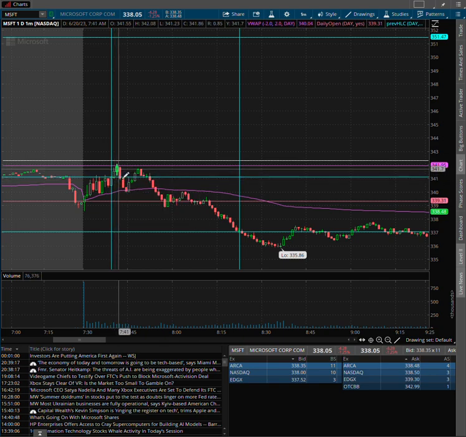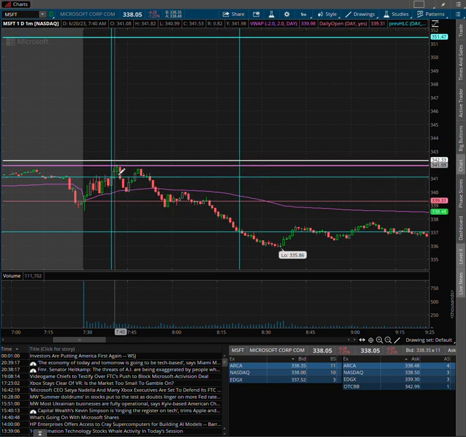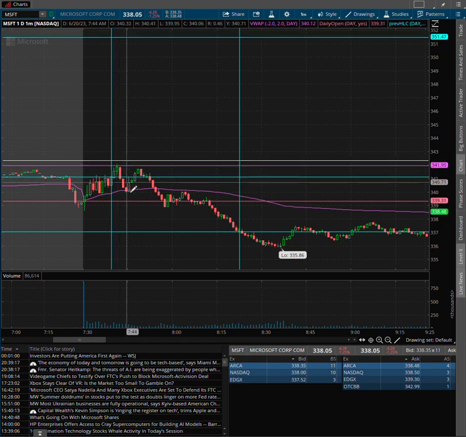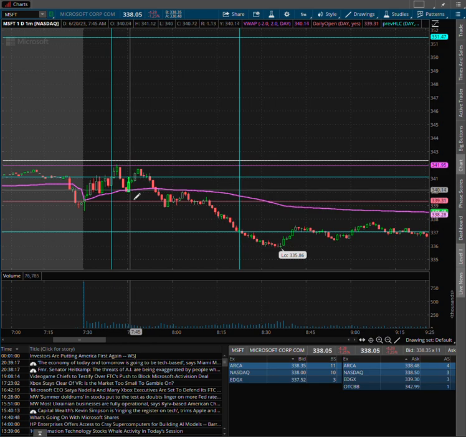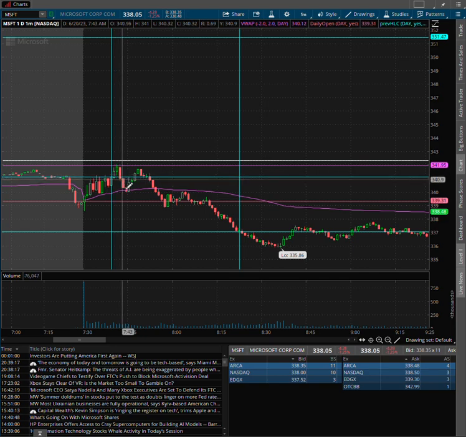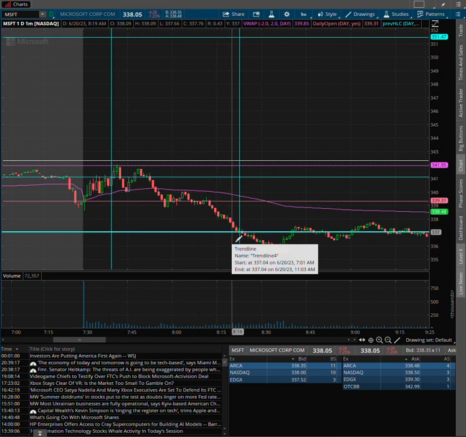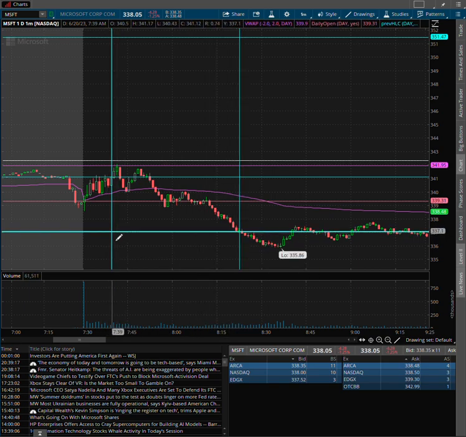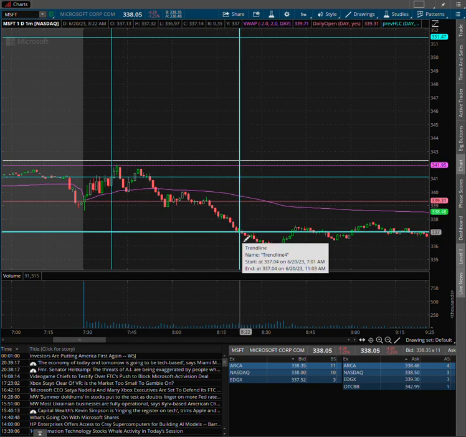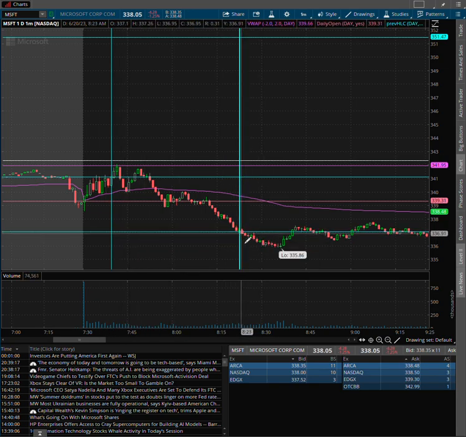Initially, the trade was working okay for about an 80 cents move. Then it dipped and it hit the VWAP. Then I waited and waited, and approximately 40 minutes later, the